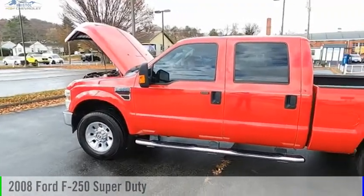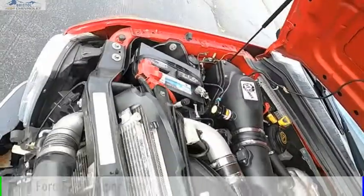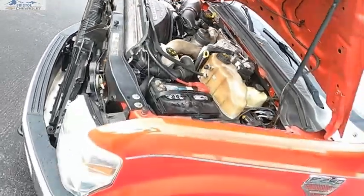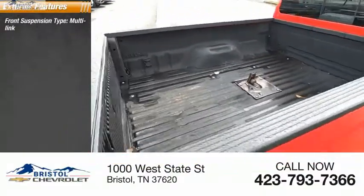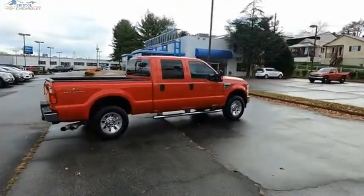Take a ride in the 2008 F-250 Super Duty. This vehicle is powered by a 4-wheel drive, 8-cylinder, 6.4-liter engine. Here are some of this vehicle's great options: front suspension type, multi-link front suspension classification, solid live axle,